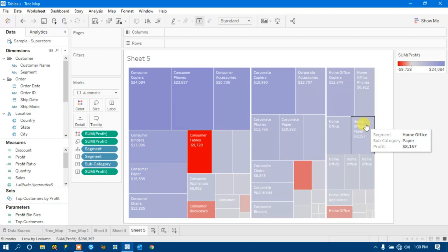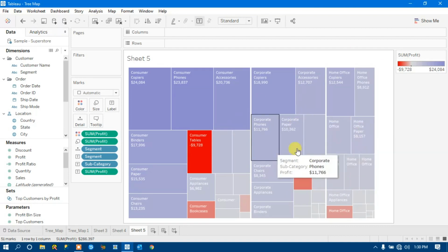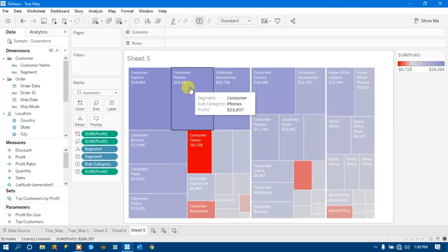So in our last video we learned how we created a heat map. So we will check what is the difference between a heat map and a tree map. A heat map shows the information with the help of colors. A heat map can help the user visualize simple or complex data, but a tree map is displaying a large amount of data in a hierarchical structure, right? So this is how you can create a tree map. In this tutorial I will keep it simple and short. I hope you have learned something new in this tutorial.